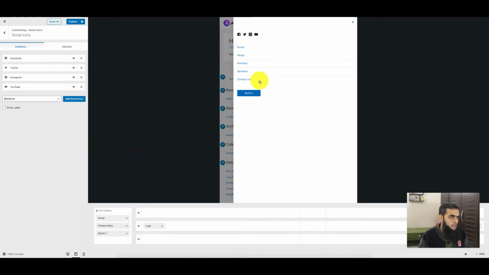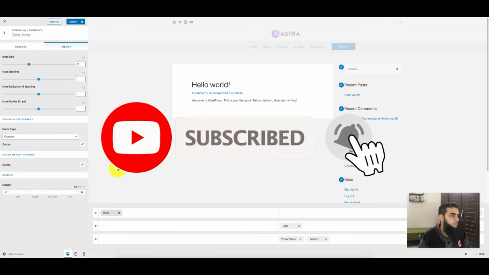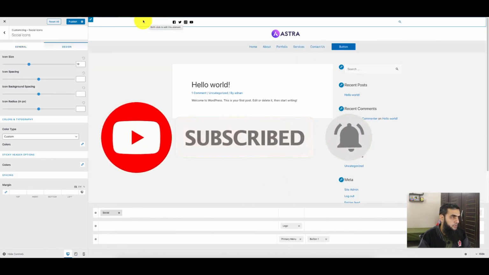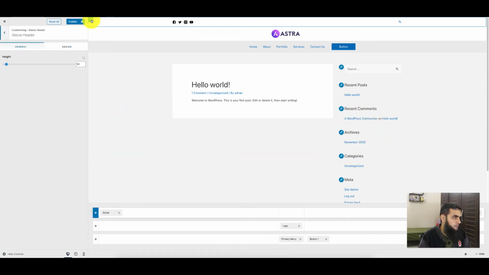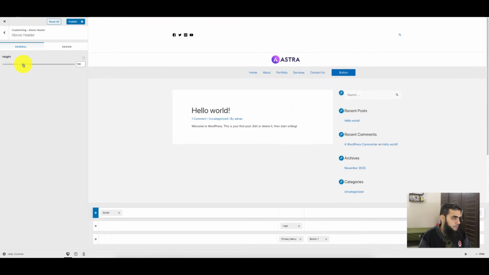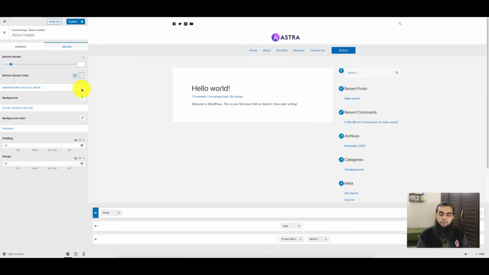Now looking at the design section here, I'm going back to the desktop maybe, and let's say what we need to change, maybe the top bar. I click on the top bar icon, and I can change its height here. You can see maybe anything you want to do here. Okay, from the design tab I can change the background color of the header also. Let's say I am going to change its background.